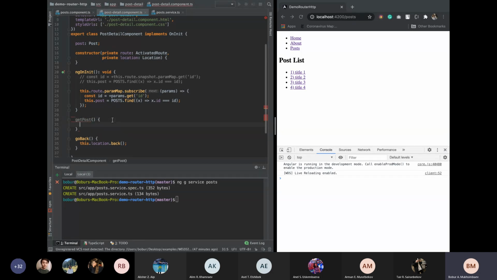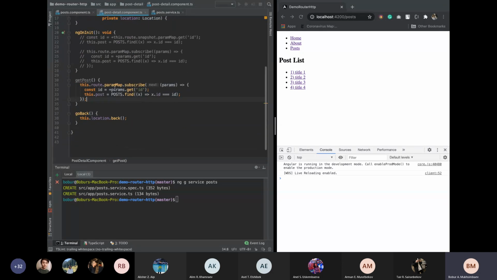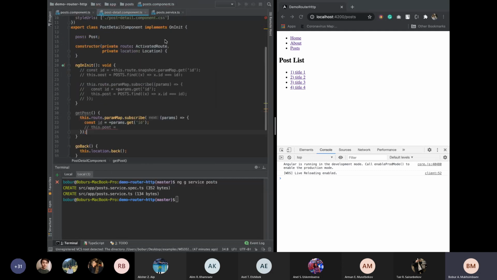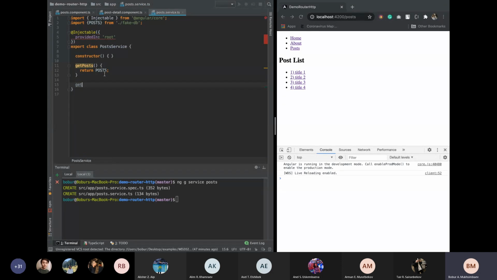Inside of the getPost, we copy this one, put it over here: inside of the ActivatedRoute, subscribe to the ID, and after getting the ID from the URL, I want to call the service's function. But we don't have any such function, so I created it: getPost, which will have the ID as a number argument, and return